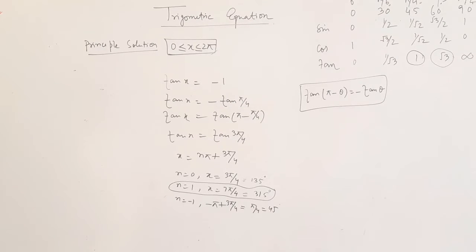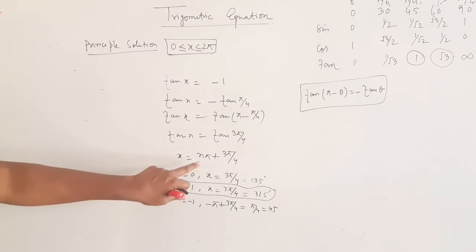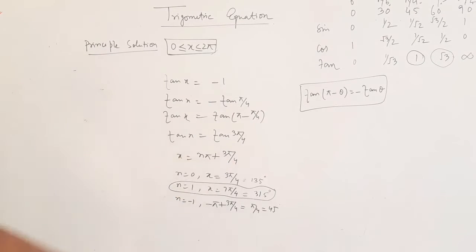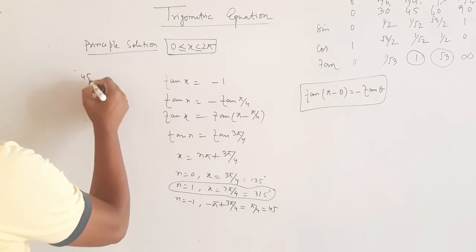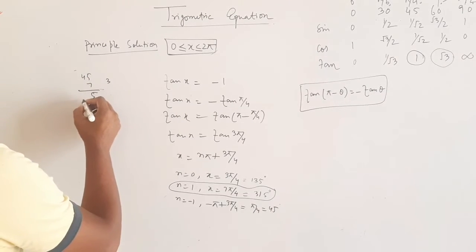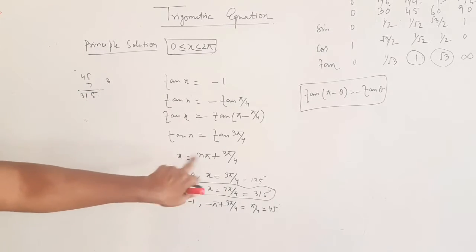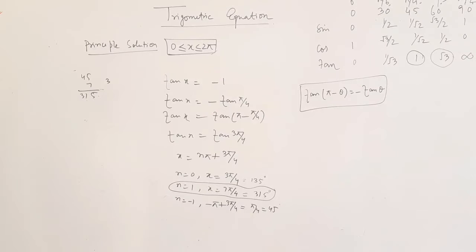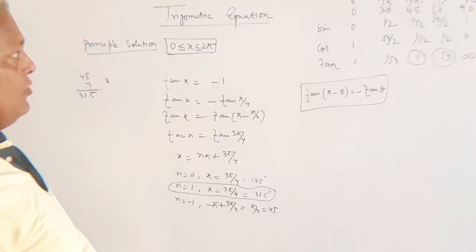Yeah, fine. So now let me verify one more time. N is 1, so this is pi plus 3 pi by 4, so 45 into 7, 7 5s are 35, 7 4s are 28 and 3 3s are 15. Yes, it's also coming. So these are the three values which are the part of your principal solutions. Now we'll solve one more for the principal solution.